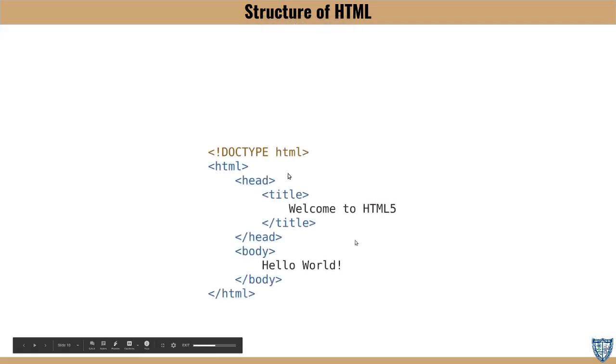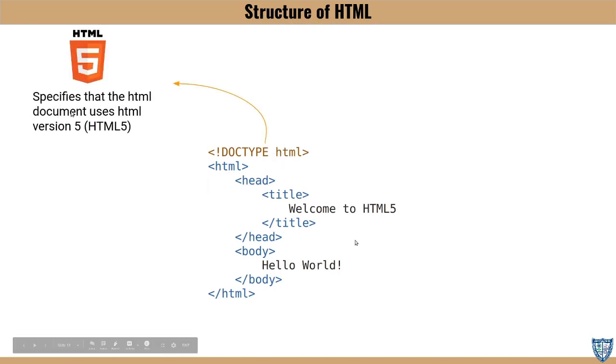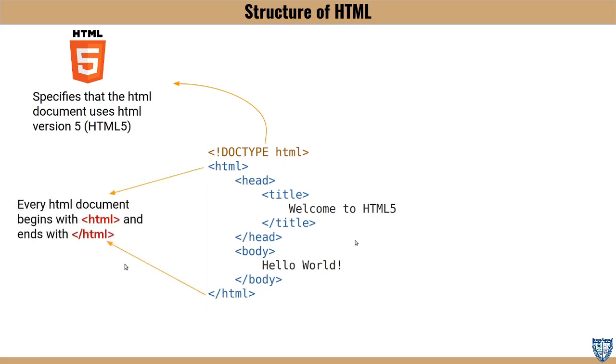So once again, the structure of an HTML document includes the first one, which specifies that the HTML document uses HTML version 5, and this HTML means every HTML document begins with HTML and ends with /HTML. So these tags are mandatory. And next we will take head. This specifies metadata. Normally the head element includes some information about the contents of the web page. Okay, so whatever comes in between head will not be displayed in the web page, but it gives some information about the data inside the web page.